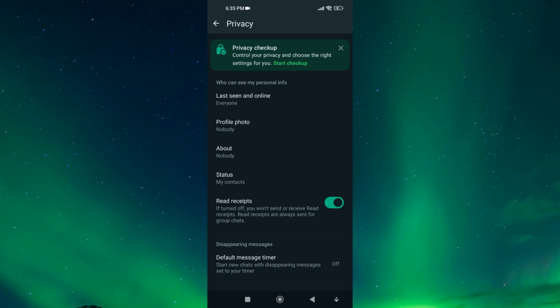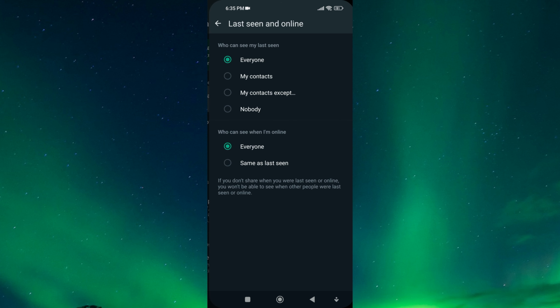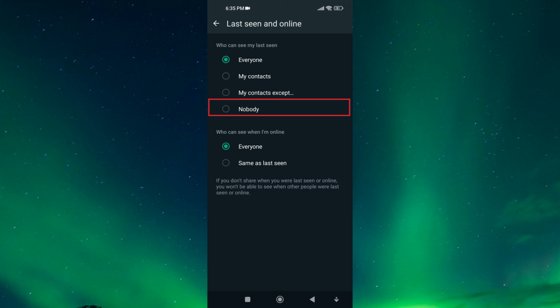Now, under Who Can See My Personal Info, tap on Last Seen and Online. To hide your online status on WhatsApp, tap on Nobody under Who Can See My Last Seen. And after that choose Same as Last Seen on Who Can See When I Am Online. Now, your online status and last seen will be hidden from other WhatsApp users. Keep in mind that by hiding your online status, you also won't be able to see the online status of